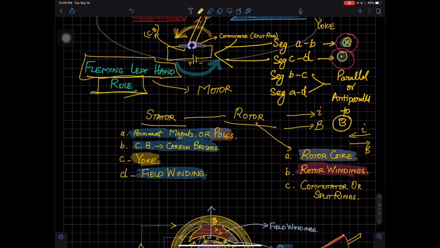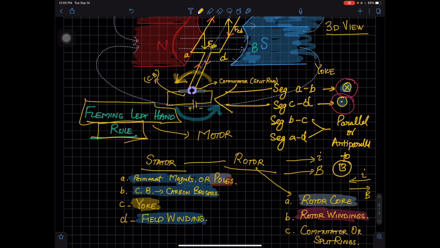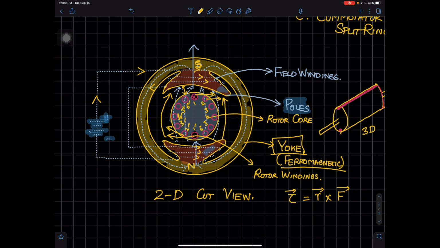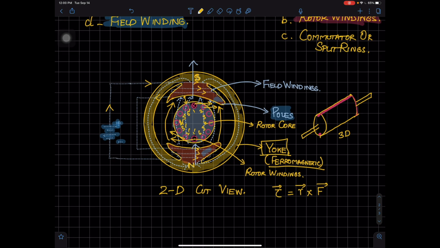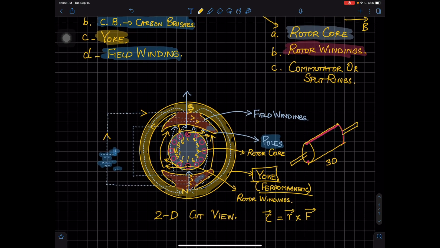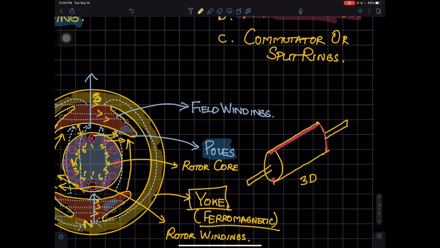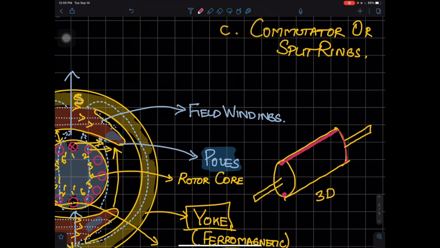So now when that single loop is going to be there, the force being produced by those 6 loops is going to be very much high, and the motor is going to give you a lot of torque over here. So this is a simple view, and if I make the rotor view or rotor parts over here, the first part, as I told you, since you are using a ferromagnetic material, so now when you are going to have a 3-dimensional view or something like that, you are going to have coils arranged in,